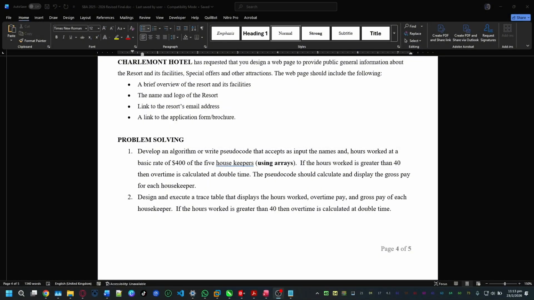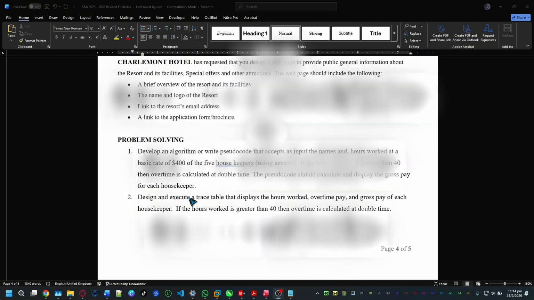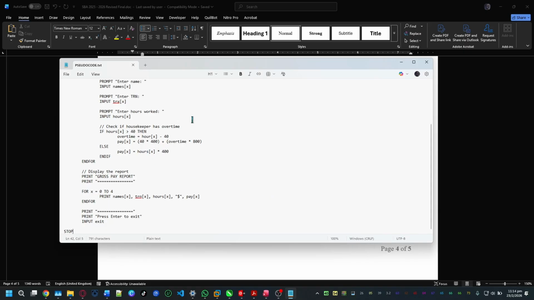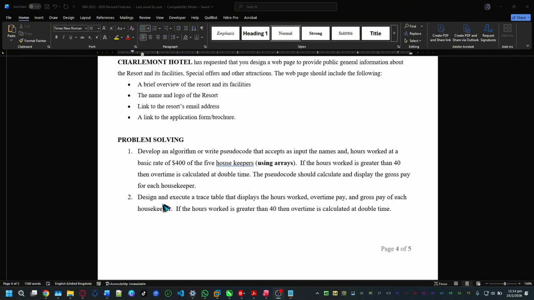We are back to part two of problem solving, and we previously did the pseudocode. So today, in this lesson, we are going to look at how we can do the trace table. So number two says design and execute a trace table that displays